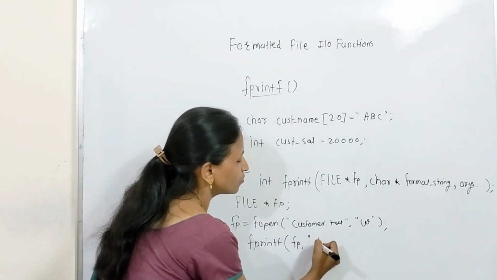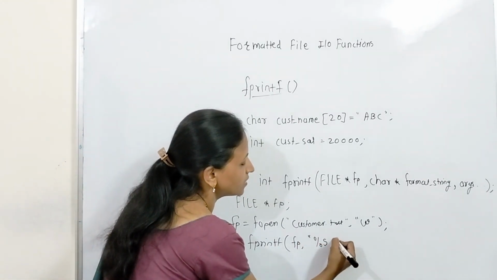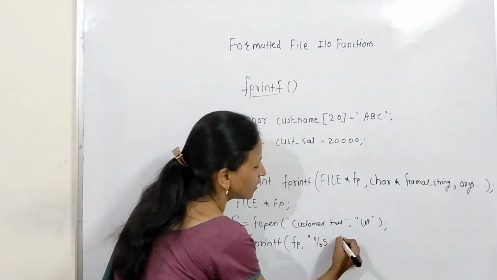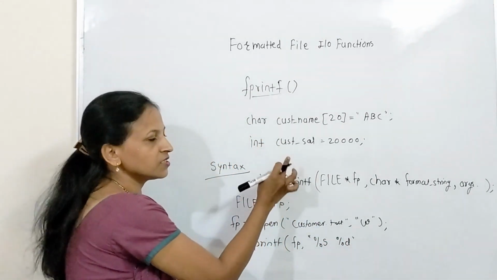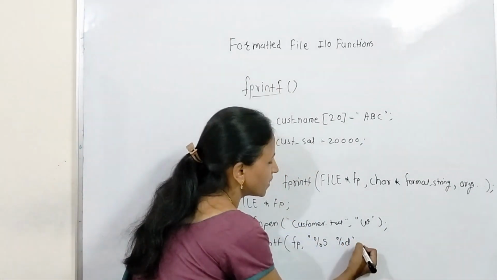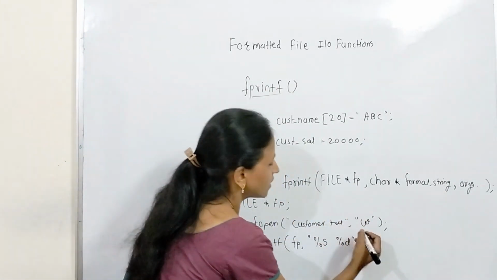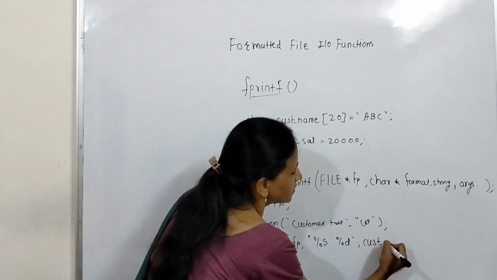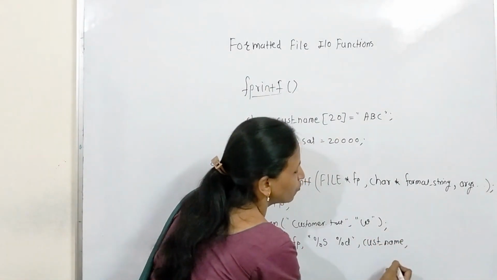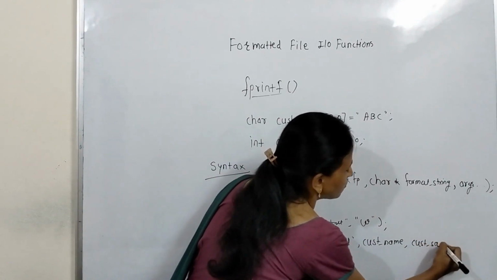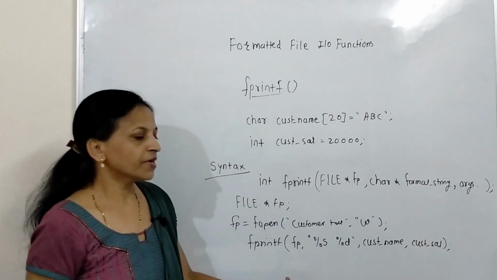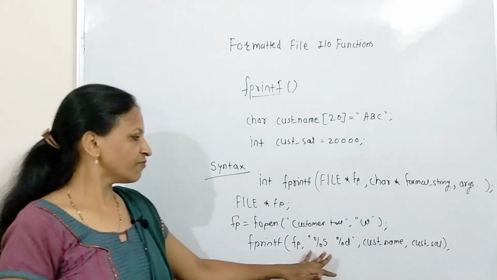Now first I want to write %s, then some space, then %d, because the second one is salary, which is in integer format. Next I will pass cust name, that is the third argument, and the fourth one is cust salary. In this way we can write customer name and salary into the file